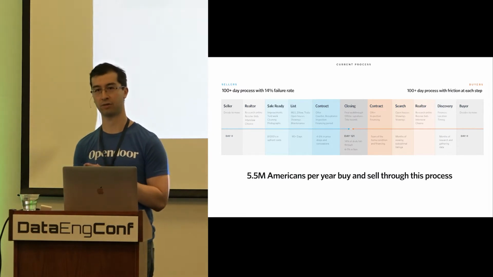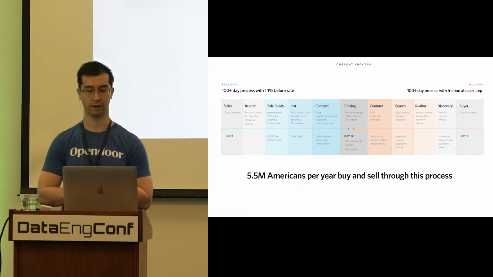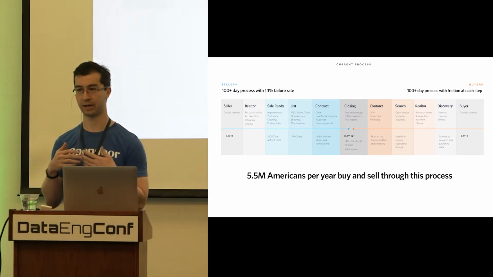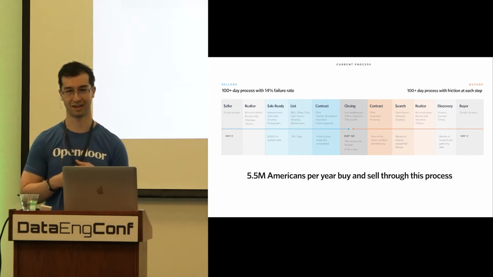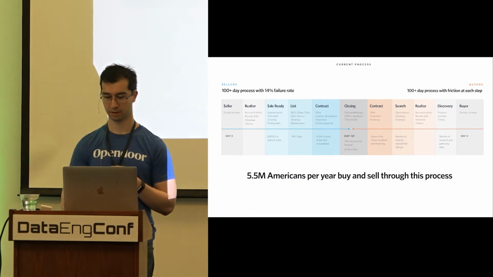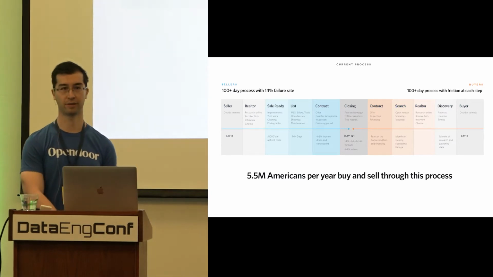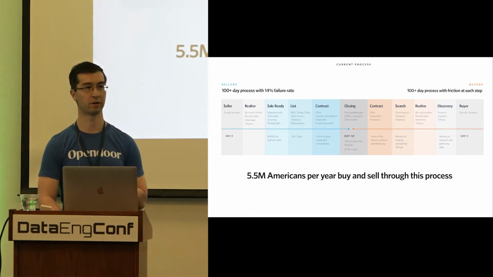What if I buy the house and I have to invest $20,000 or $30,000 in a new roof? What if I don't line up the financing? I have my eyes set on this house. Like I can imagine living my life in it, and the bank won't agree to lend me money. So this side takes 100+ days too, and this affects a lot of people every year, over 5 million Americans.